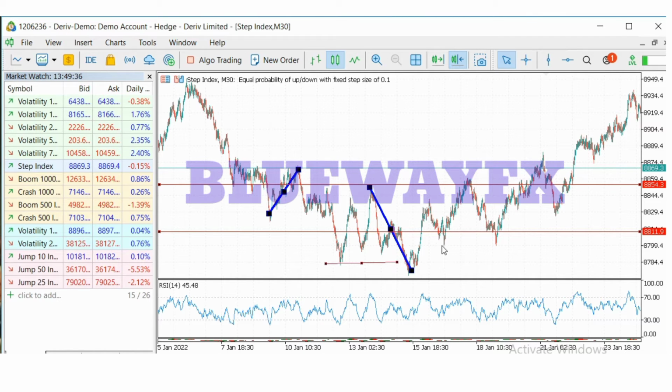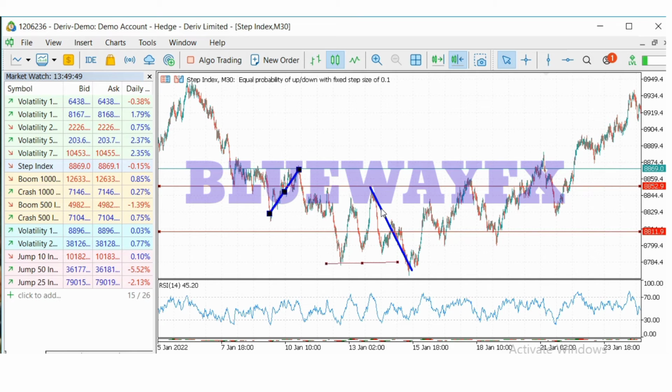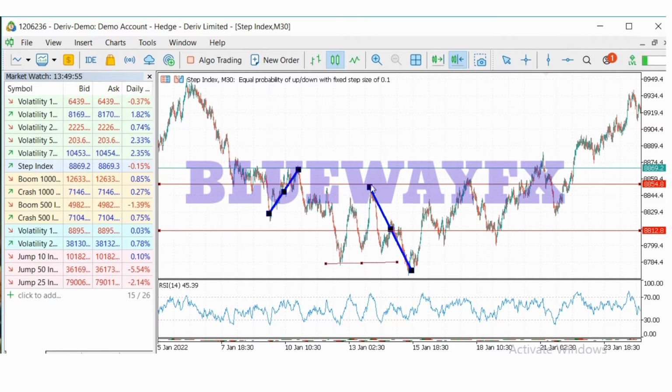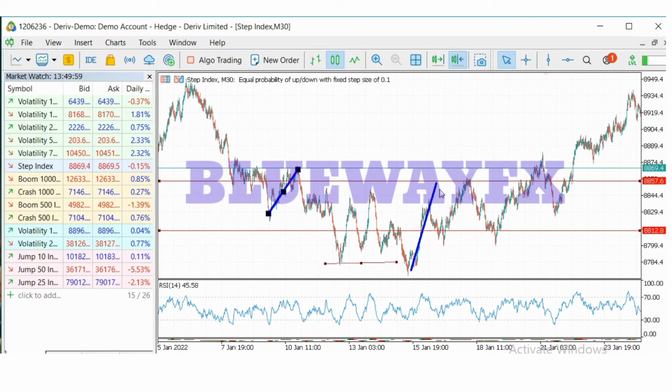You need to understand that when price breaks out this point, your valid structure now comes to this part. You need to understand this clearly. When price takes out this one,